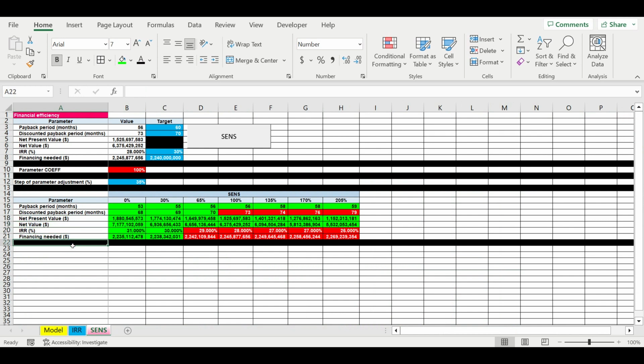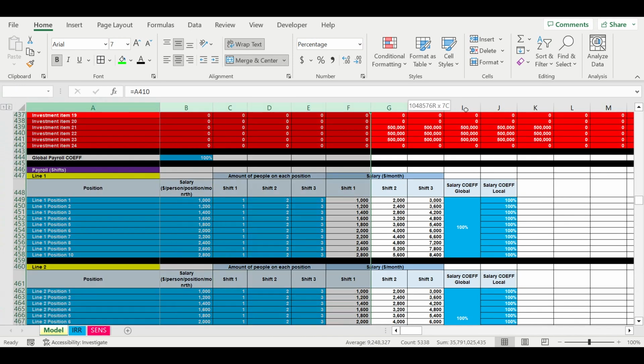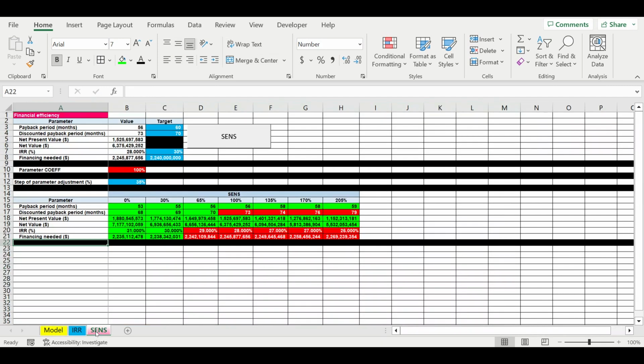And this is how sensitivity analysis helps entrepreneurs to look at their business models in some kind of dynamic way, because here in this tab where model exists, it's some kind of static story, but here we can use some flexible instruments to look what will happen with the business idea if any parameter of inputs will grow or decrease. And that's very interesting. This is very helpful for entrepreneurs, so that's why I decided to show you today this